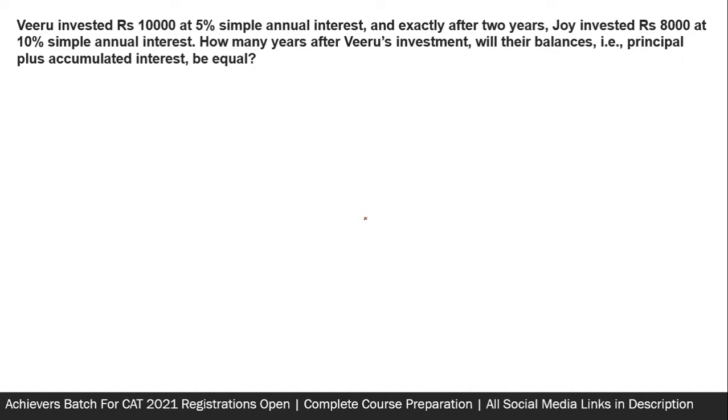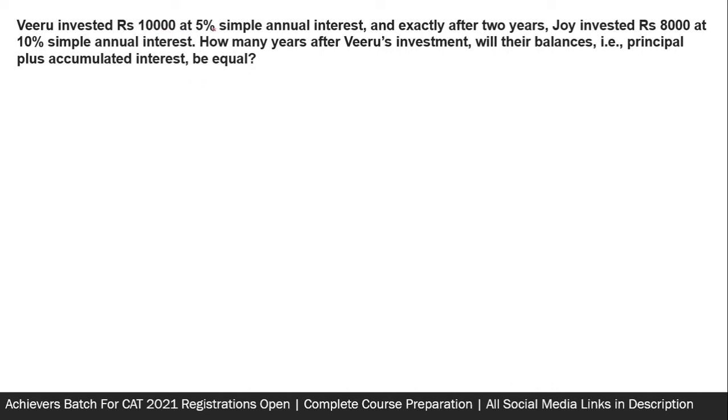Please pause the video, read the question, give it a try if you wish, and then resume. Alright, so again, this is the theta question. In the absence of options, we still have two ways to do this question. In the presence of options, there would have been the third way, to try out the options.